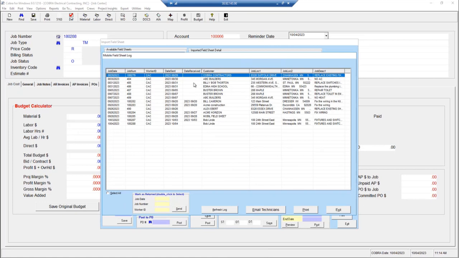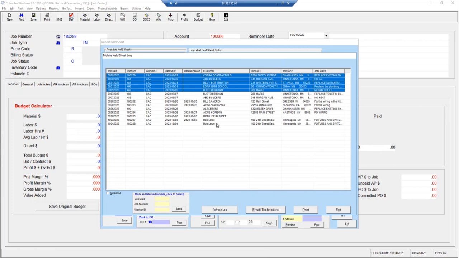You can see Chuck's been a bad boy. He has not sent a lot of his field sheets back in. And so this is a real nice way for the office administrator at the company to say, wow, Chuck, you're not going to get paid, man. No, but Chuck, we need some help here. Let me just highlight the ones that you have not